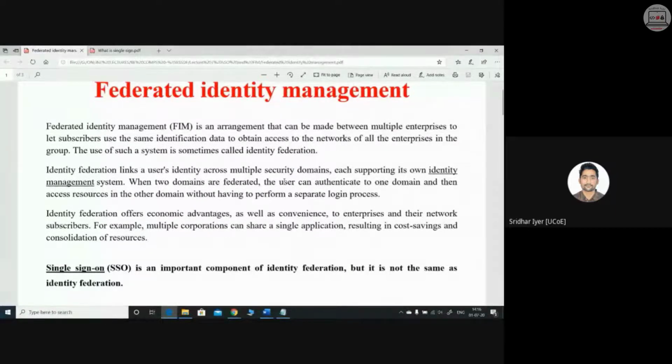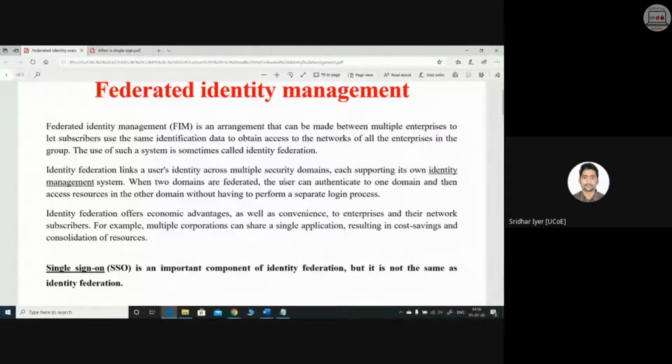Yeah, obviously, Harsh, federated identity management is better. You can say that single sign-on is part of FIM, but FIM is not part of SSO. Why so? Okay, let's get back to this topic. Then it will be clear what I'm trying to say.